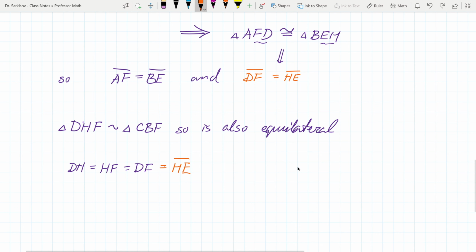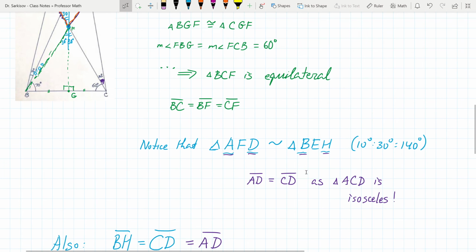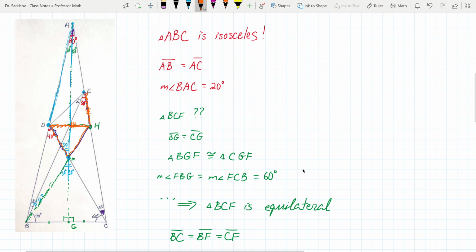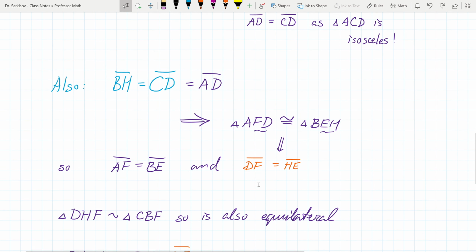So this means that triangle DHF, let's again see what that is. It's this triangle right here. I'm going to erase that, but DHE, I mean, is